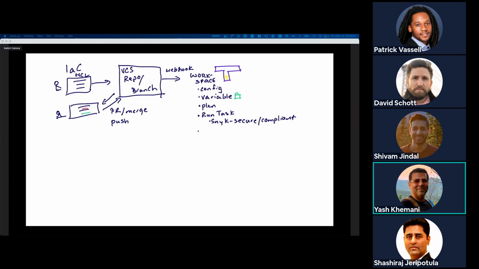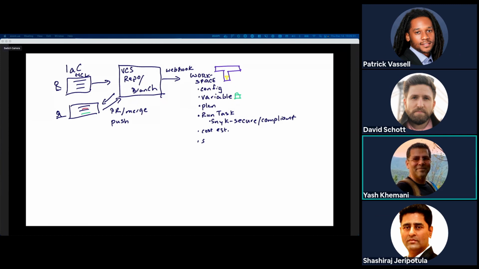The next thing that our Terraform run will do is a cost estimation. And this is simply leveraging the cost estimation API from AWS. So, before I stand up, let's say an EC2 instance or an RDS cluster or whatever it is, I'll have information about what that is going to cost per unit of time, what that will cost per month. And I can feed that information into the next step, which is the policy check.